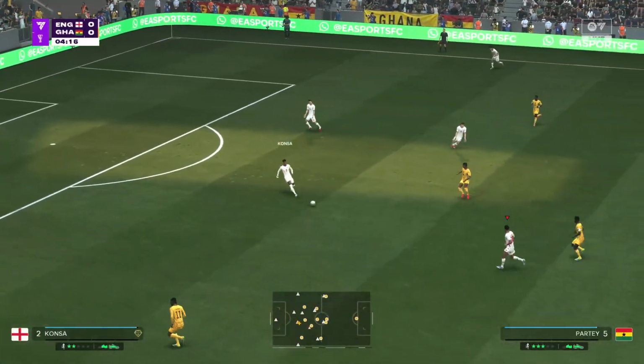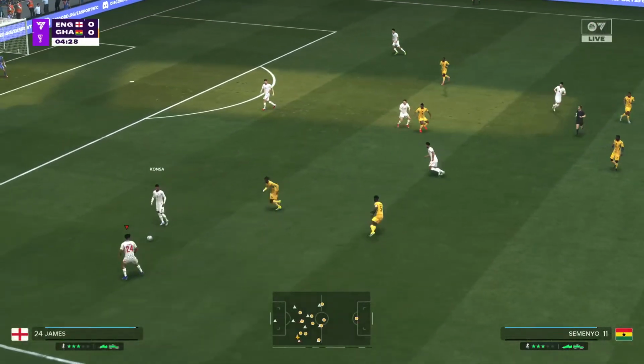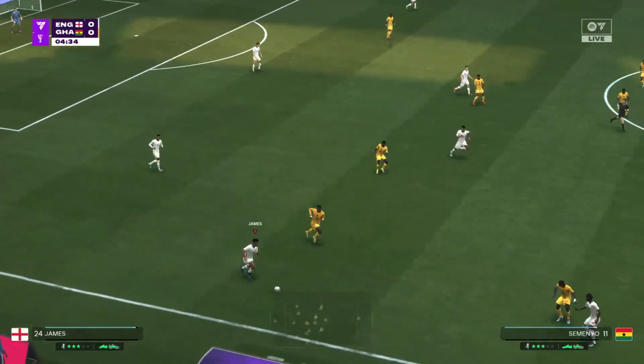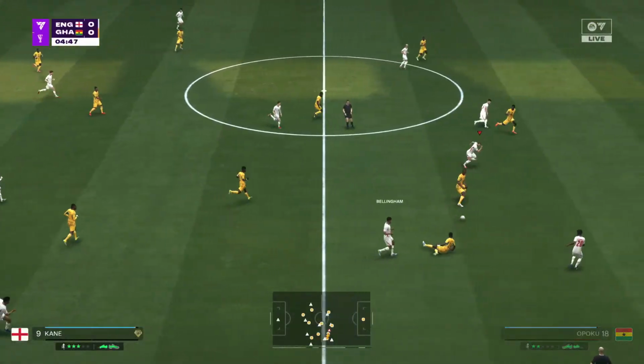Esri Konsa. Did well to win it back. Bellingham.